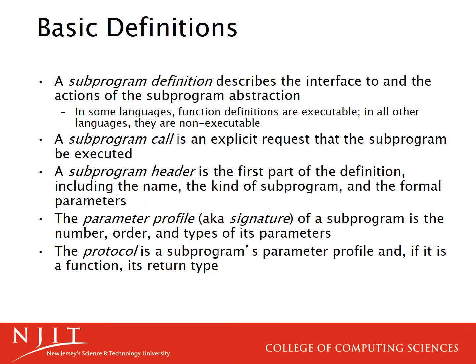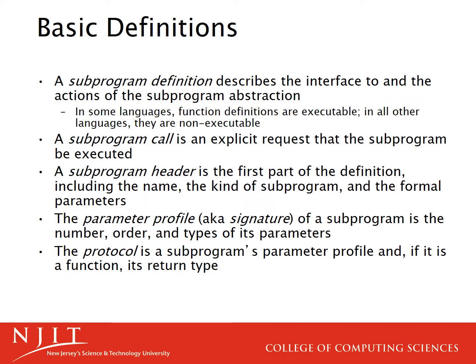The only thing you, from the outside looking in, know about a subprogram is the subprogram header: the name of the function, the kind of function it is, what it might return, and the parameters that go into the function. Okay, and we call that the subprogram header. We call the arguments to the function, the number of arguments, the order in which they have to appear, and the types for those arguments or those parameters, we call that the